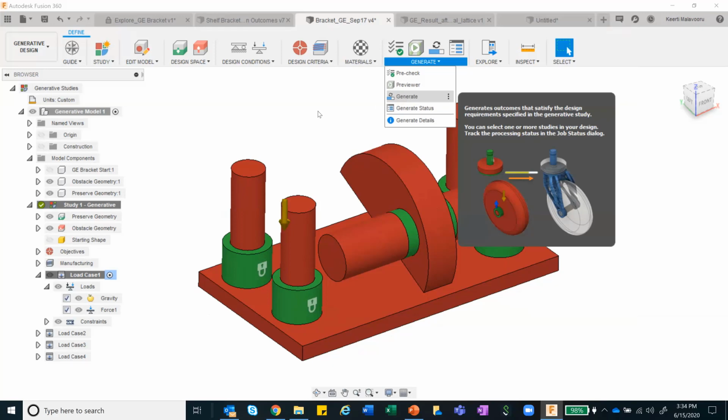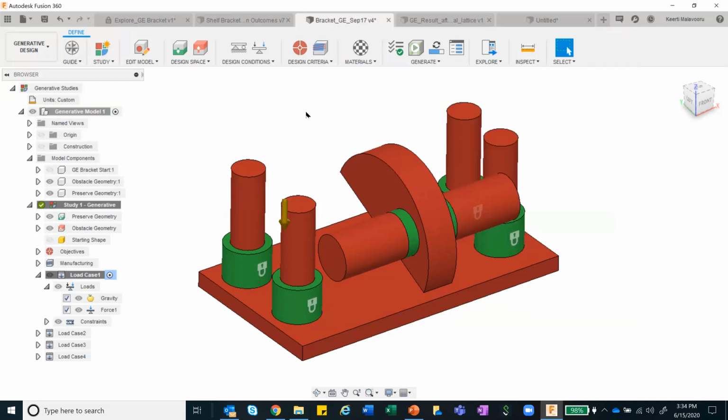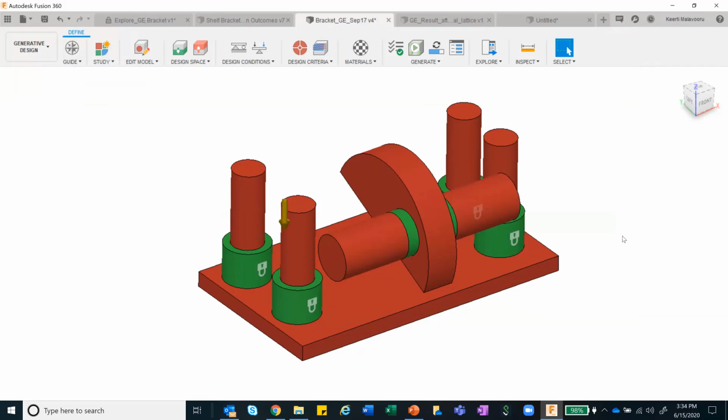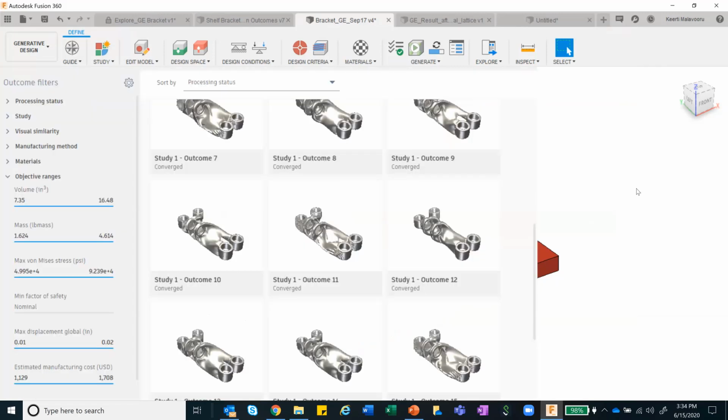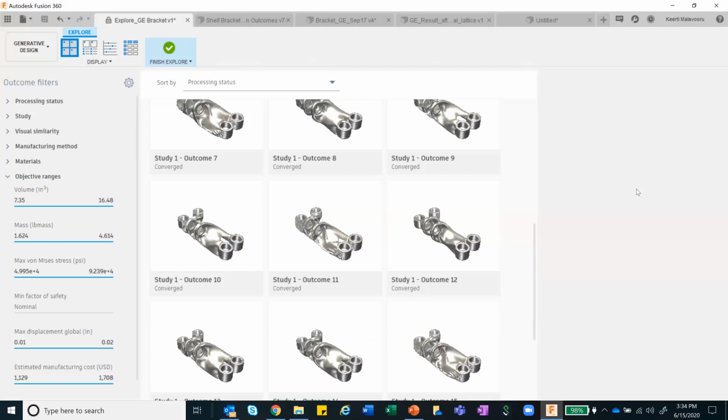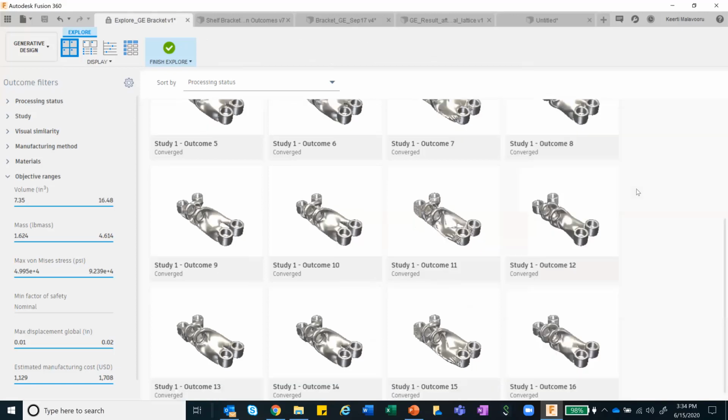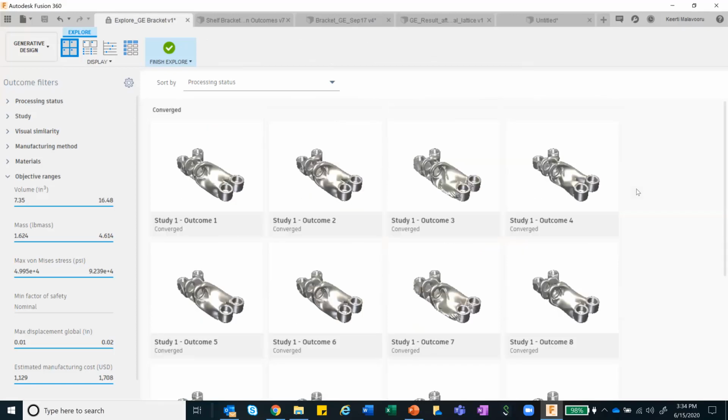Once you generate, what it basically does is it uses the cloud compute and creates multiple different design options which can then be understood, and you can go ahead and post-mortem the results in detail for each and individual design concepts that it has generated.